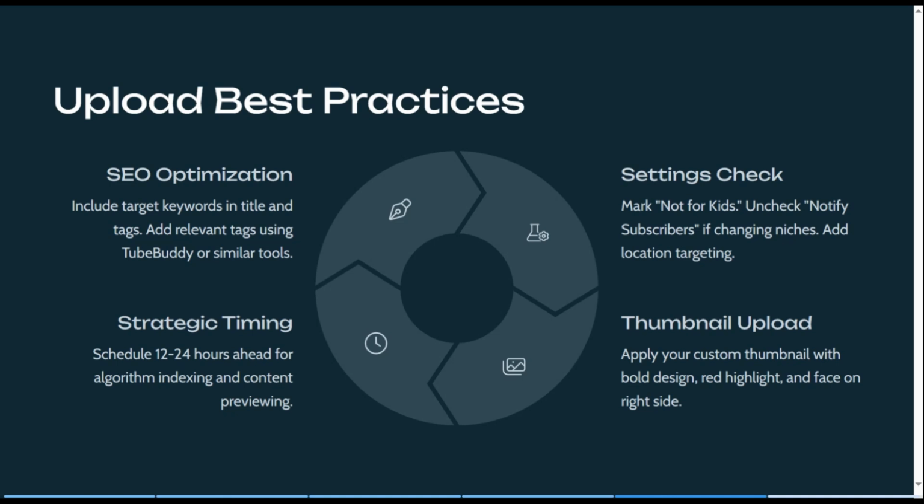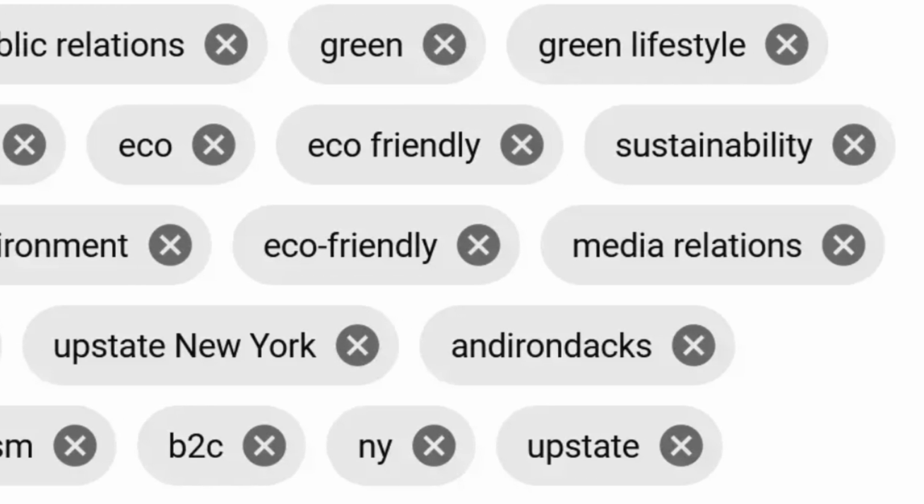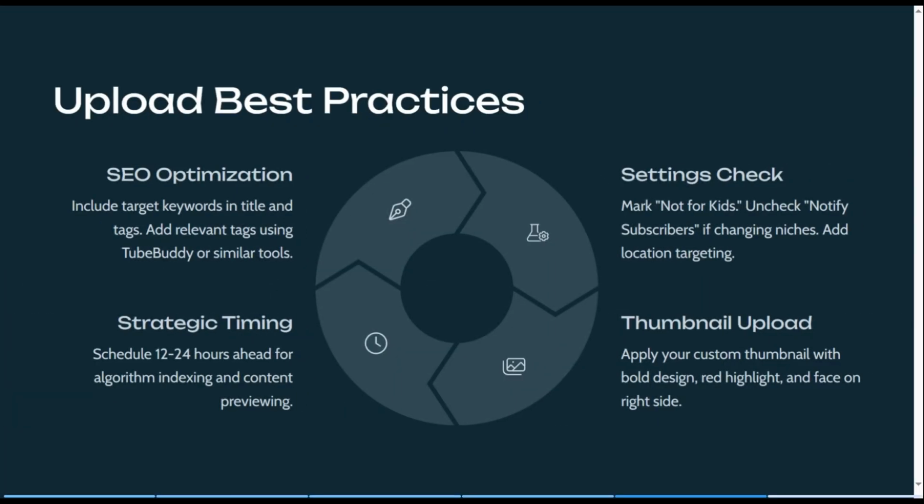You can use AI tools to generate tags. So relevant tags that will point the YouTube algorithm and say, oh, this video is talking about YouTube views, YouTube algorithm, YouTube growth. So it points them in the right direction. But if you don't use the right tags, your tags are saying a different thing opposite to what your video is saying. That will just confuse the algorithm and it won't push your videos.